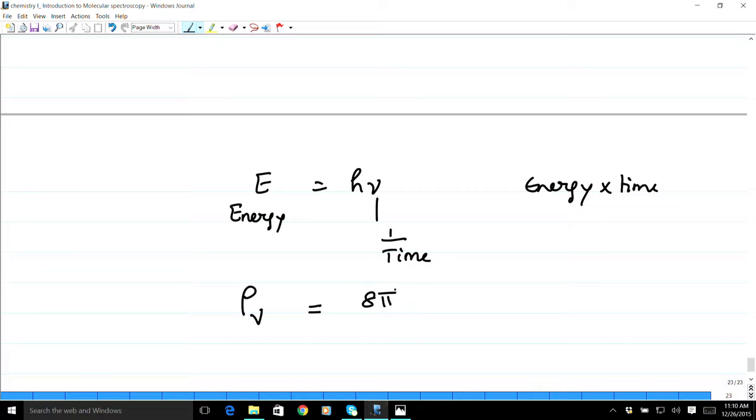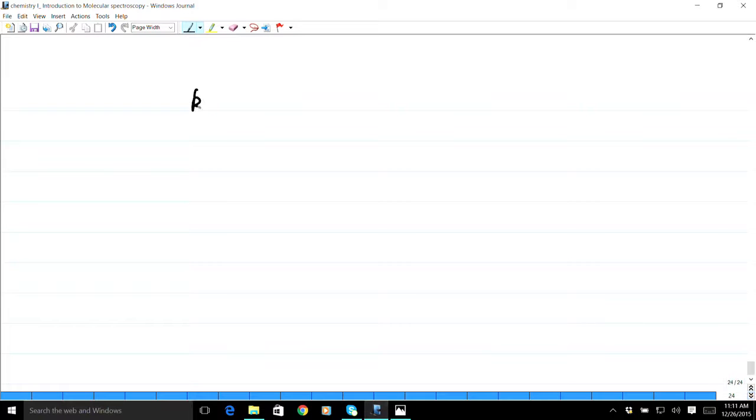He derived this formula with that assumption that the energy is emitted in a discontinuous fashion, and it is 8 pi h nu cube by c cube, c being the speed of light, times 1 by e to the h nu by kT minus 1, where nu is the frequency, c is the speed of light, and k is the Boltzmann constant. K, in honor of Ludwig Boltzmann, is Boltzmann's constant,